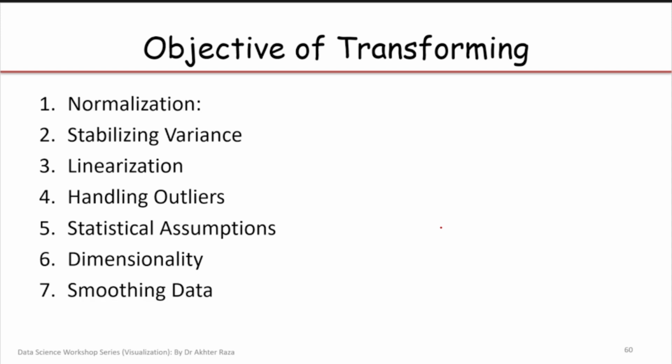Data smoothing: if you want to remove the noise from the data, which is referred to as smoothing, transformation helps us to smooth the data. So these are the different objectives of the transformation, and the names of the transformations are root transformation,